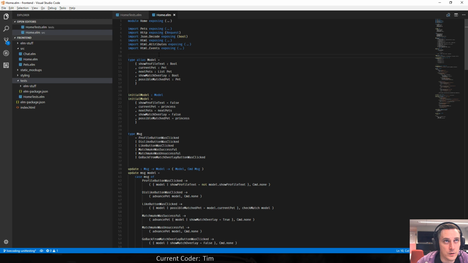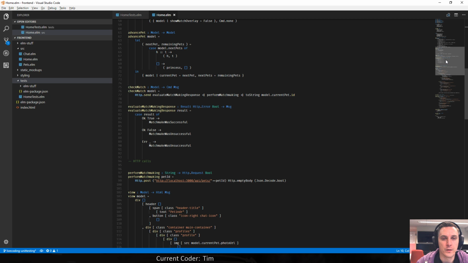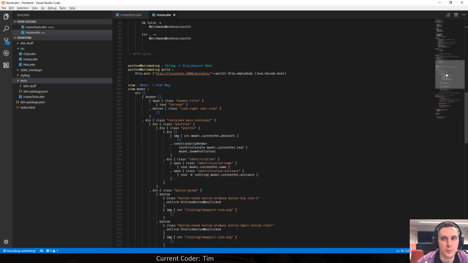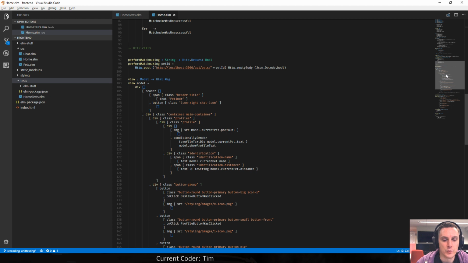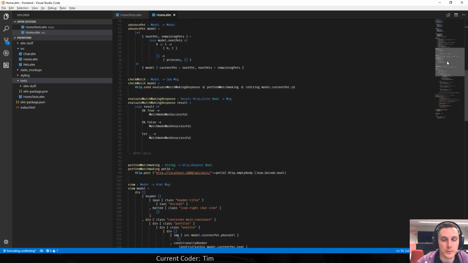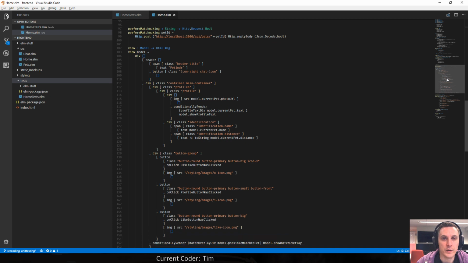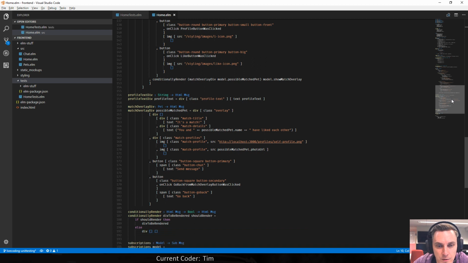having all of the model stuff and then view and update stuff in one file can become very unmaintainable at some point. Because you also want to use this module system to encapsulate behavior so that no one else can reuse stuff that isn't supposed to be reusable. For example, you might not want to, let's see,